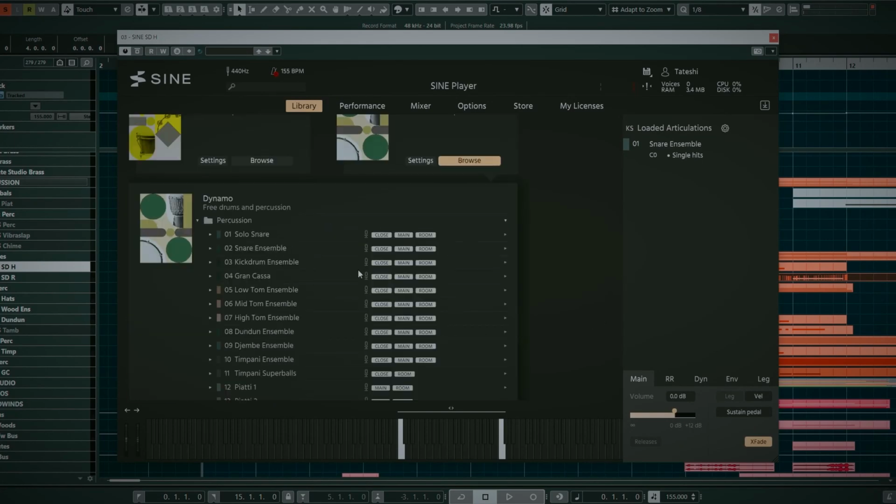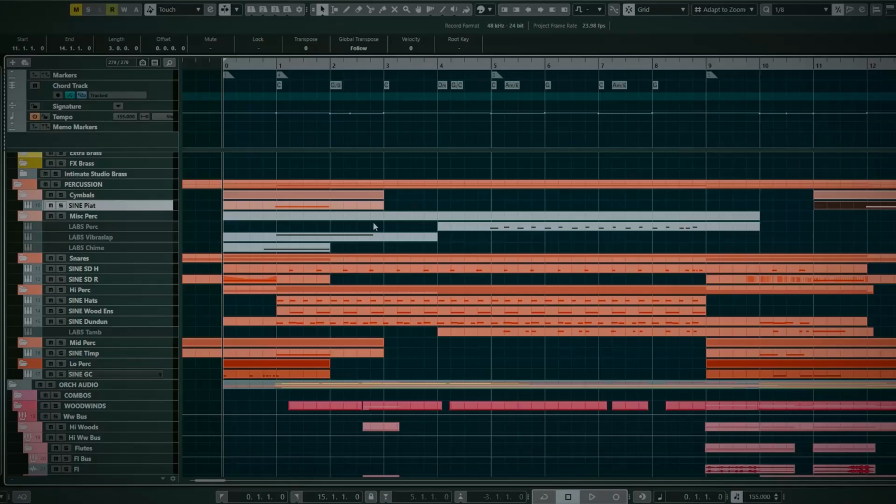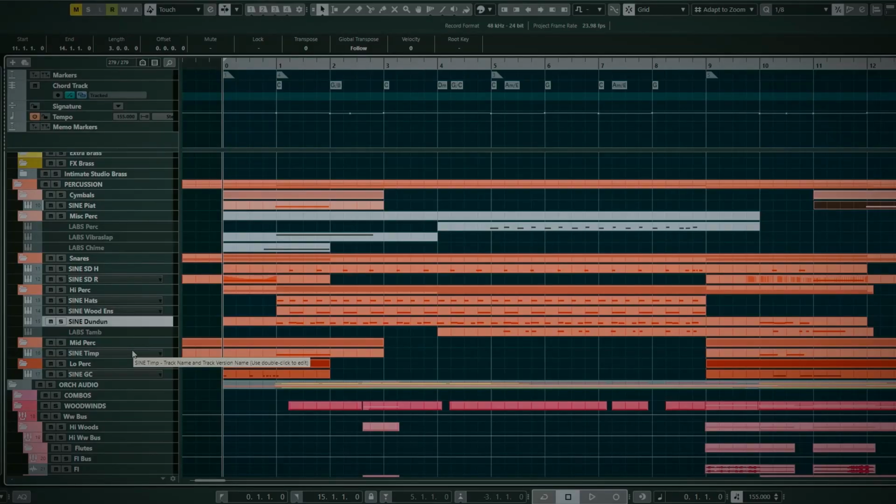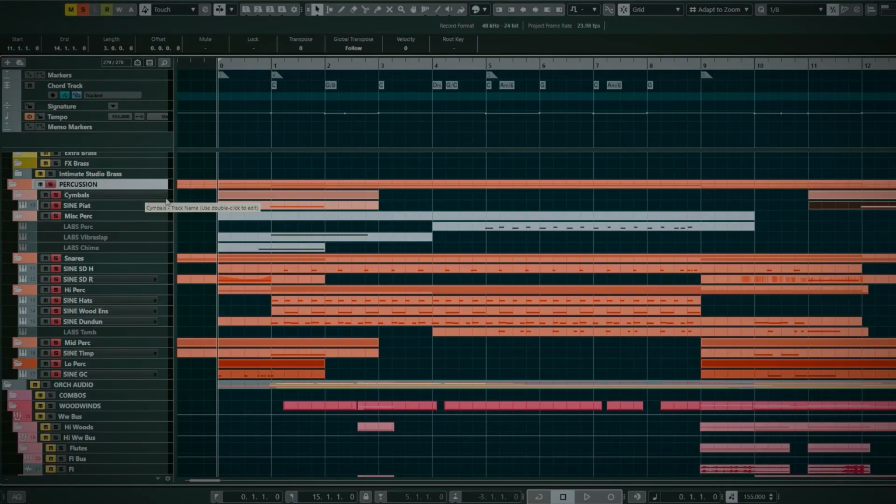It's a collection of percussion. They sound fantastic and I can't believe they are free. So I used the Dynamo for piatti, snare drum, hi-hat, wood ensemble, and timpani and a grancassa or bass drum. So they support the rhythm of the track. In context,